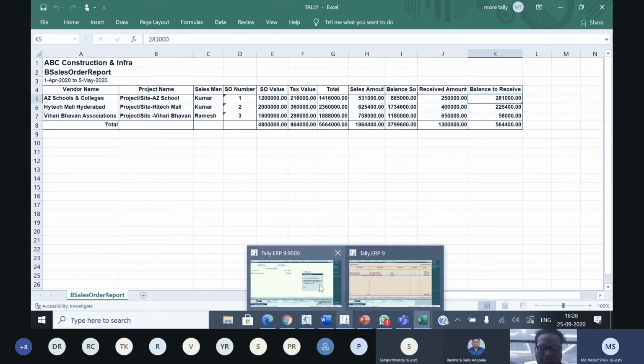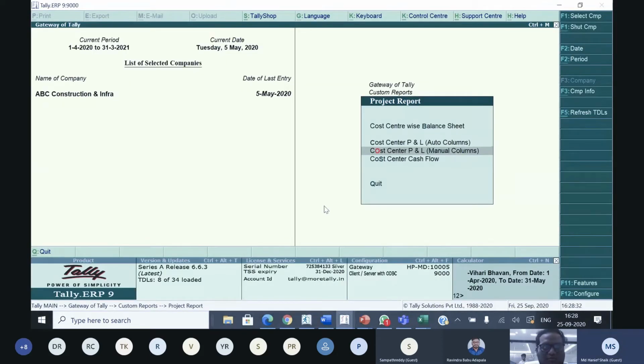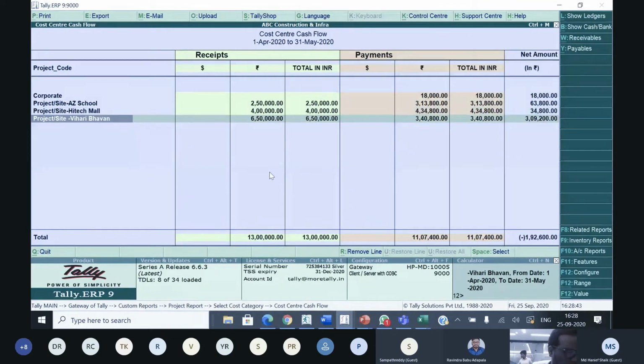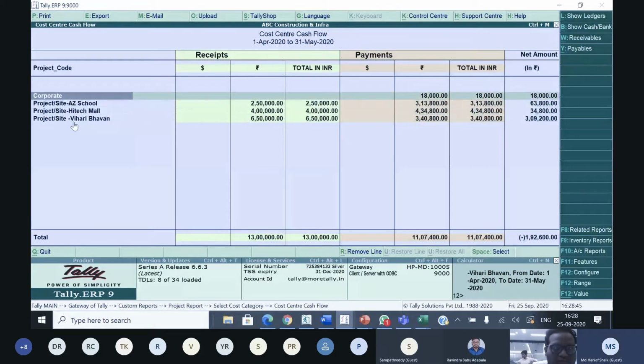And I will show one more report related to projects, project-wise cash flow. These are the projects, how much value we have received related to each project, total value, how much payment we have made to these projects, this much value, and what is the net value, and what is the total.